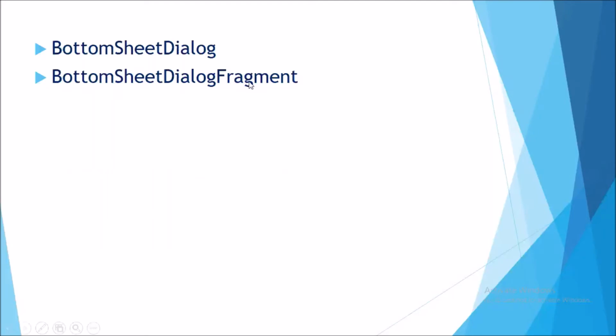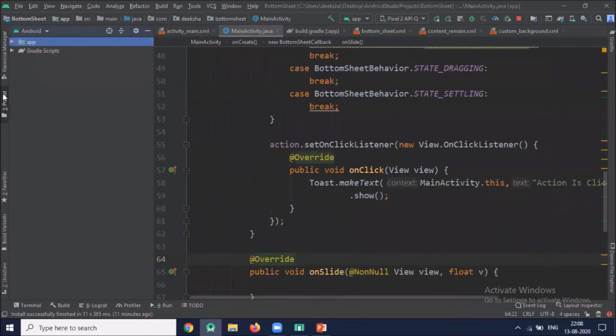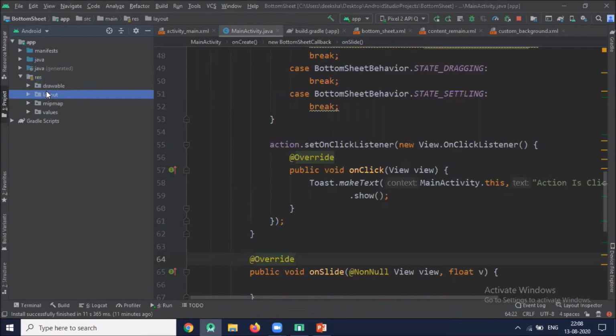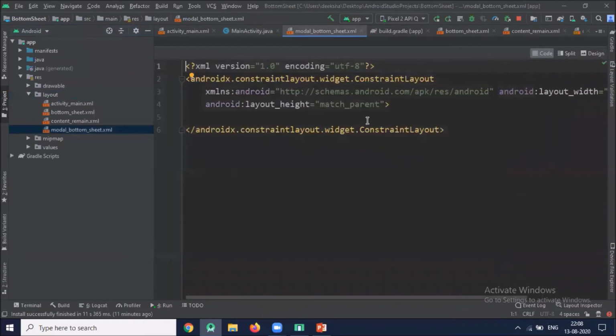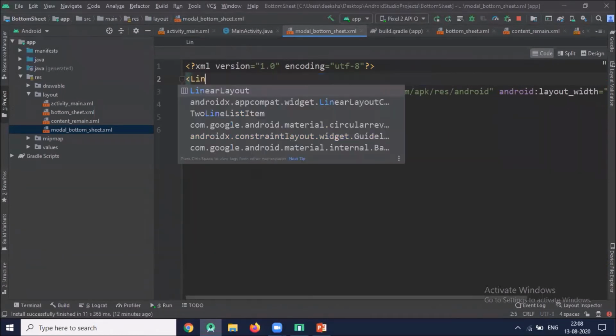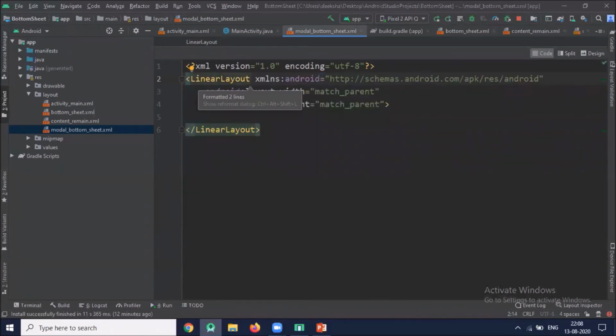So let's start. So first we create one layout and name it modal bottom sheet. And this layout contains some items that will display in bottom sheet. We'll be using linear layout.